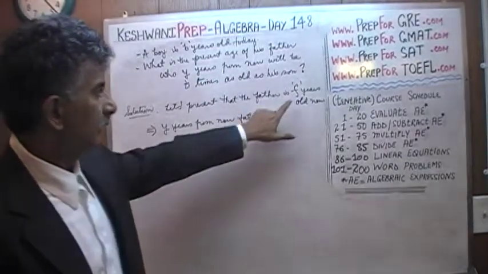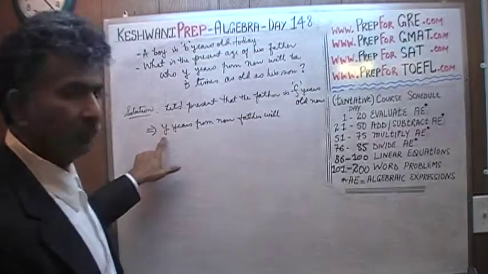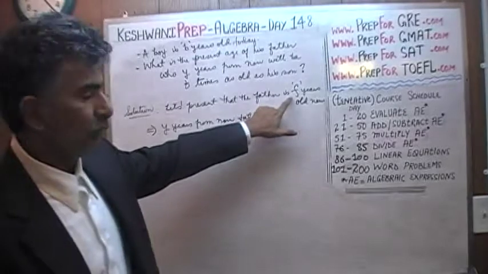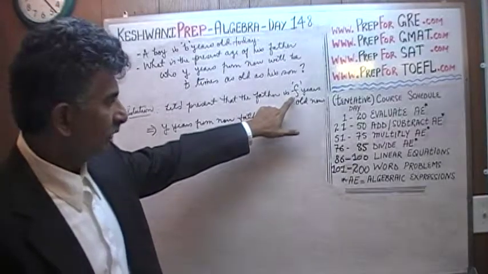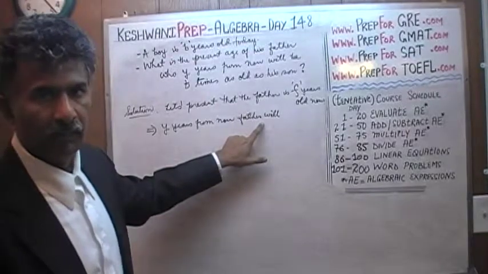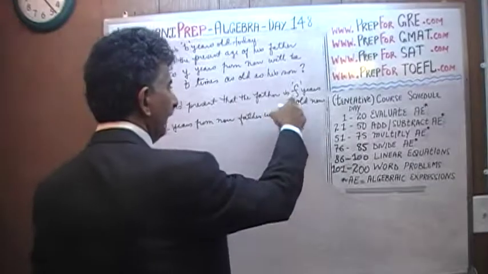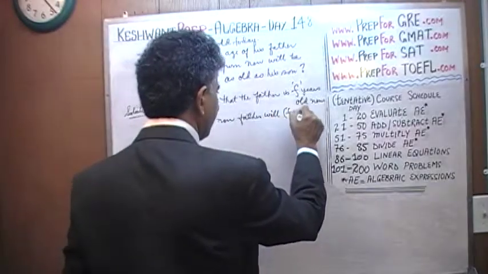If he is 40 years old today and Y is 15, then 15 years from now he will have turned 40 plus 15. Therefore, Y years from now he will turn F plus Y years